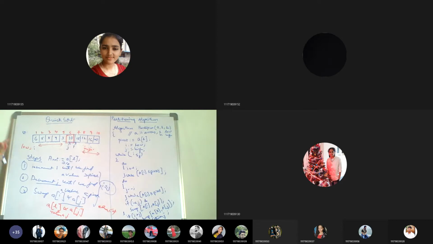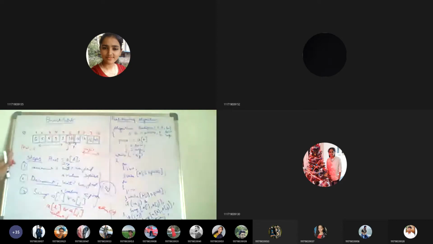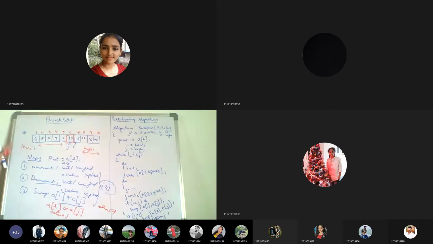Whatever procedure we have seen now, we call it the partitioning algorithm. Partitioning means where exactly the partition of the list is done. Since we are learning about the divide and conquer approach, this is where the partition is happening. So now in the first phase of quick sort, it is at 6. So again, for the left sublist you have to take 1 to 6, and 7 to 10 you have to take.